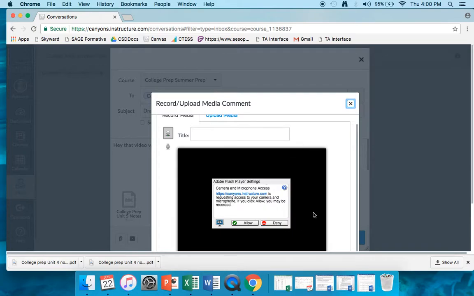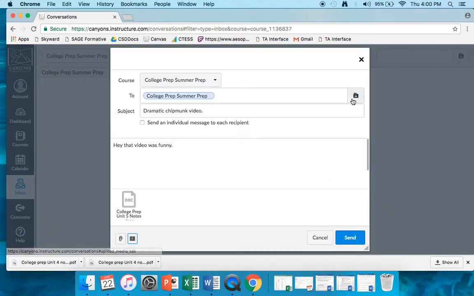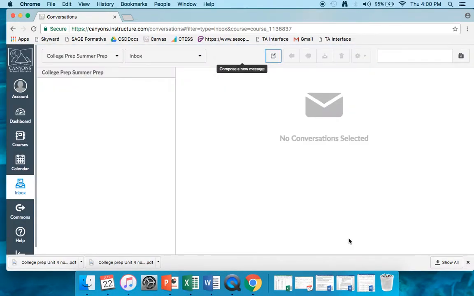So right now I can record. It wants me to use a Flash player, or I can upload media, some sort of select. If you're kind of tech savvy, then you can use either one of those buttons, or if you need to send your teacher something, you can use that. Otherwise, you can just send them a message. And then you click send. Ta-da! Right? So you click send, and it should pop up